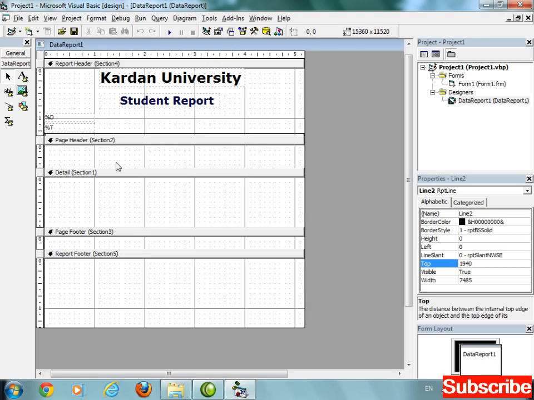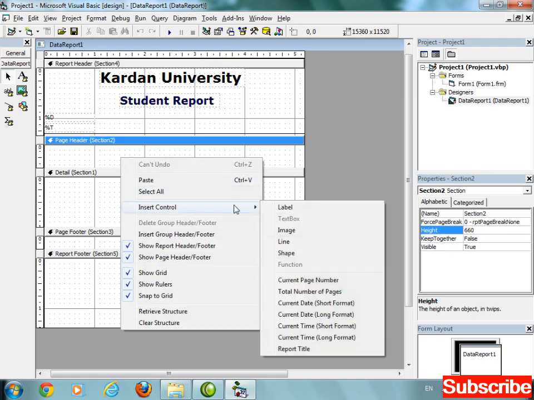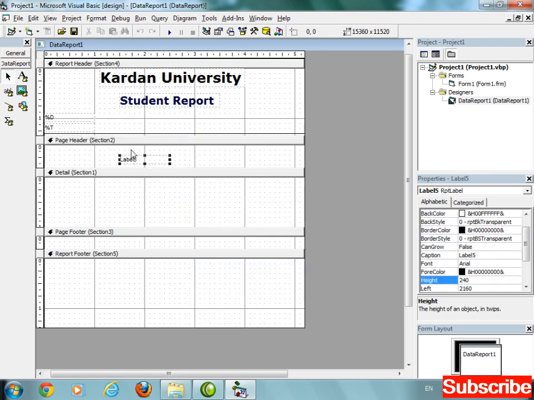The next thing, we are going to add the ID, name, and address as headers in the page header. So just right click in the page header section, insert control and insert label. Simply insert a label. The first label is for ID.